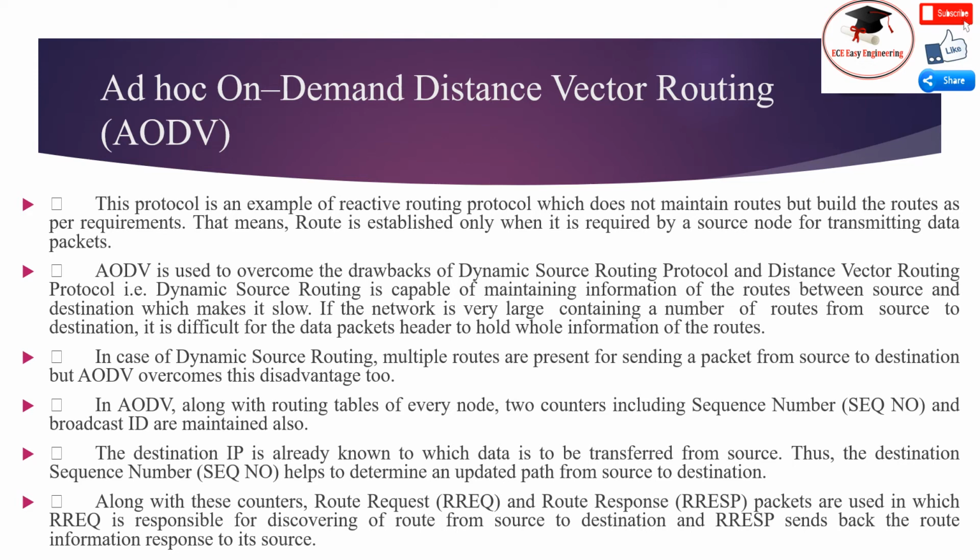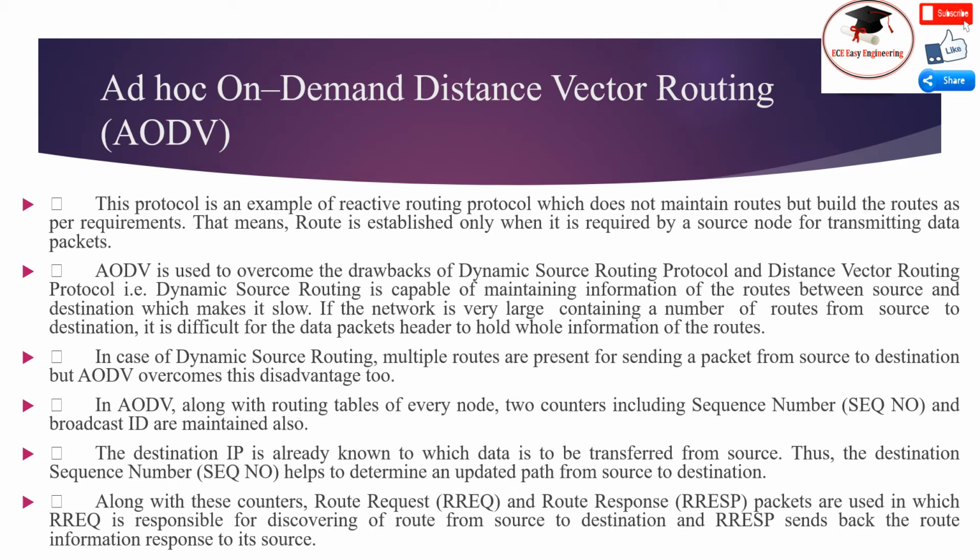That is, the dynamic source routing protocol is capable of maintaining information of the routes between the source and destination, which makes it slow. If the network is very large, containing a number of routes from source to destination, it is difficult for the data packet header to hold the whole information of the routes. In case of dynamic source routing, multiple routes are present for sending a packet from source to destination, but AODV